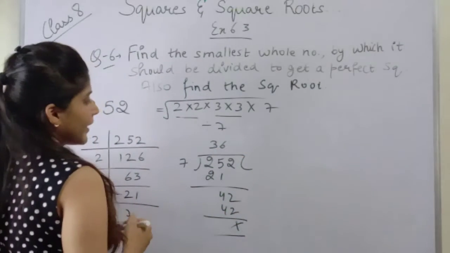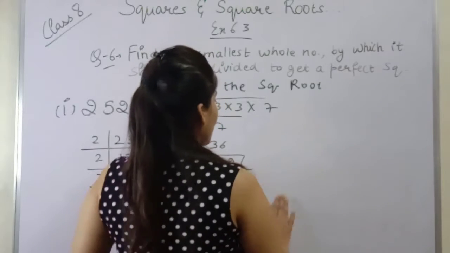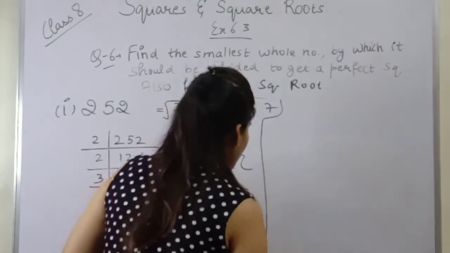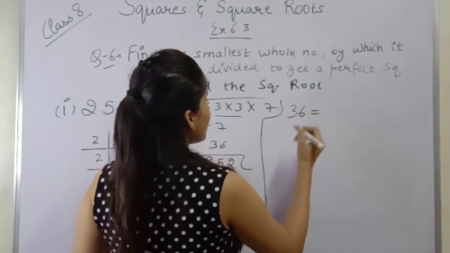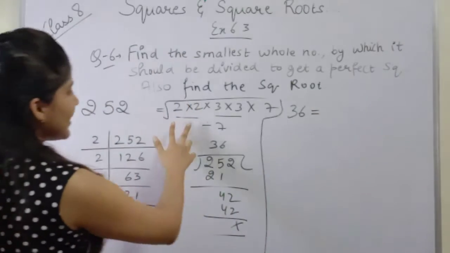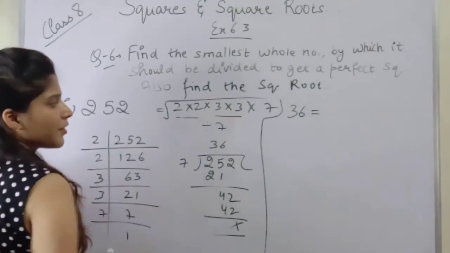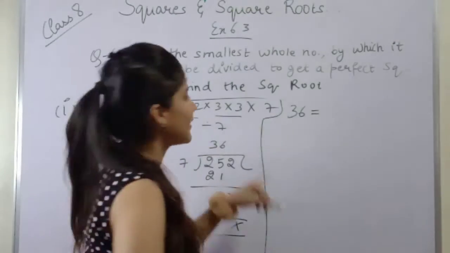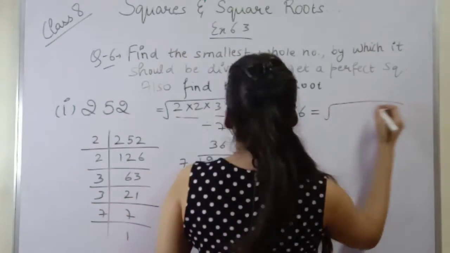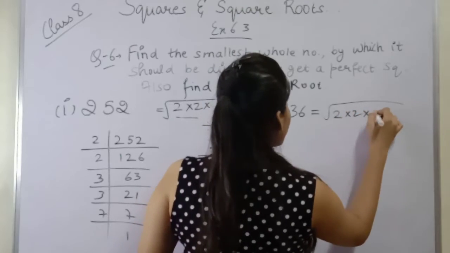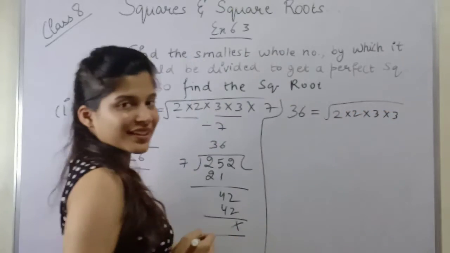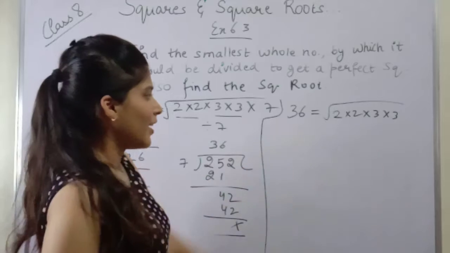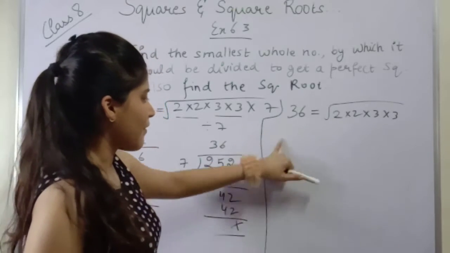So we got 36. So now 36 के जो फैक्टर्स हैं, अब उसमें हम डायरेक्टली ऐसे लिख सकते हैं 2 into 2 into 3 into 3, because we know that इसमें से हमने 7 को हटा दिया है, डिवाइड कर दिया है. तो अब हमारे पास जो फैक्टर्स बचेंगे that will be 2 into 2 into 3 into 3. That's it. 7 हट गया. ठीक है. So now we have eliminated 7 from this